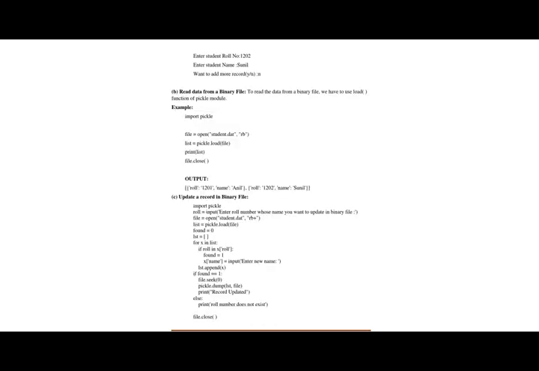Simply import pickle. Which roll number student's record do you want to delete? So enter the roll number whose record you want to delete. Again open the file, load the file, that will read your file, then found 0. Simply the same as you did for the update, the same thing will happen over here, only the change is here,